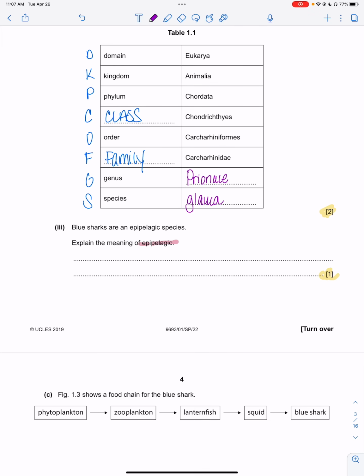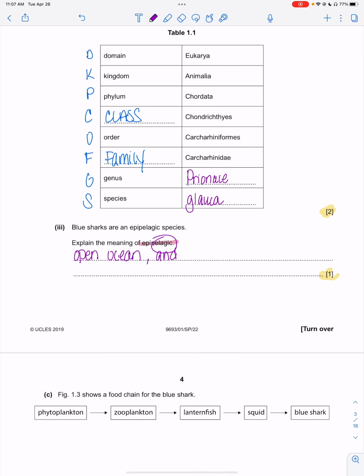Epipelagic. All right, so this is going to be on the surface, within the top 200 meters, so with light penetration. And pelagic means open ocean. So open ocean. And then we're going to need to have something like,